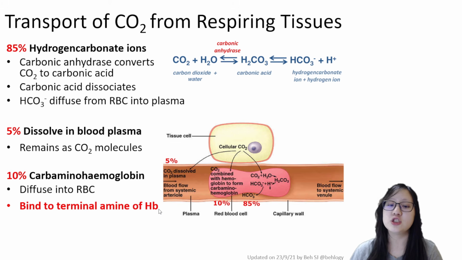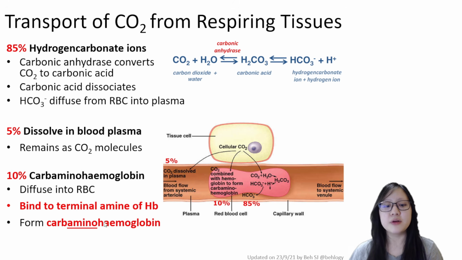It has a quaternary structure. It is made of polypeptide chains. So there is one amine group at the end, which is terminal, meaning the N that is not involved in peptide bonding. So carbon dioxide can directly bind to that terminal N amine group,